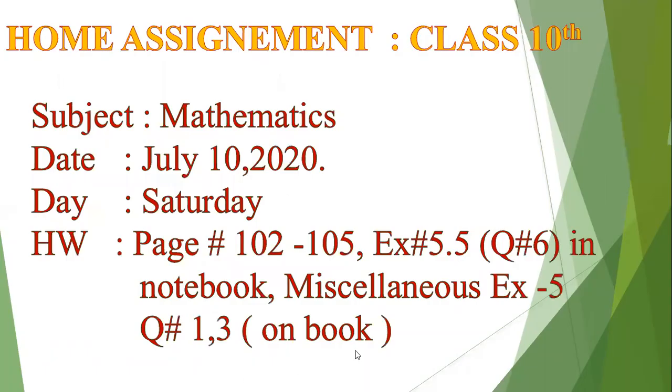So here is your homework. You have to do exercise 5.5, question number 6 in your notebook. And you are supposed to make the arrow diagram as well. Without the diagram, it is not considered. Fine. Then you have to identify the types of function. Iman Tanvir, please do your work again of question number 6 by making the diagram, okay? Then we have miscellaneous exercise 5, questions number 1 and 3, which are already marked in your book, I think. Those who have not marked, they have to do it in their book.